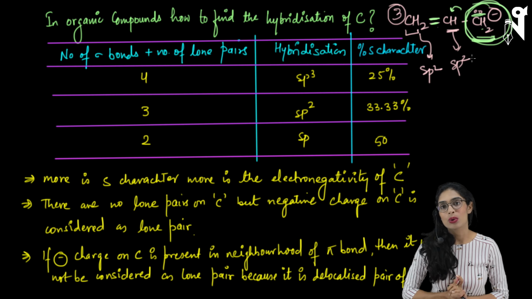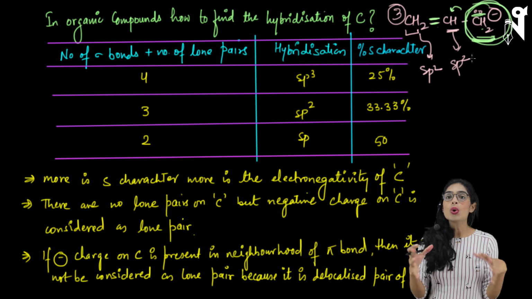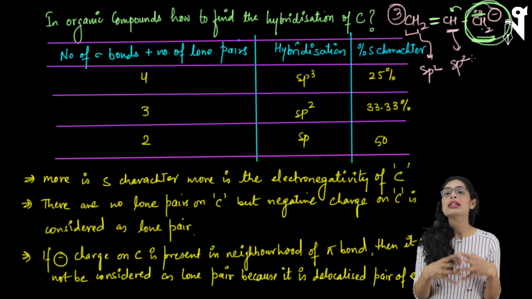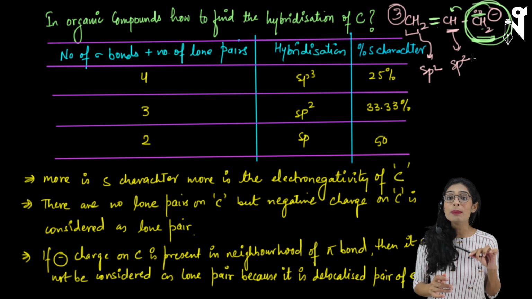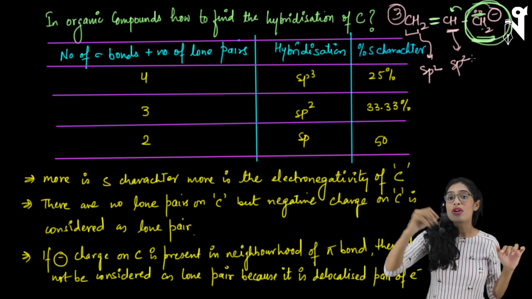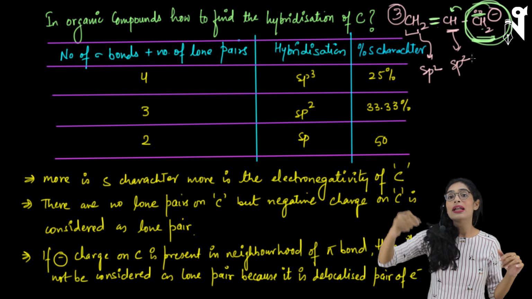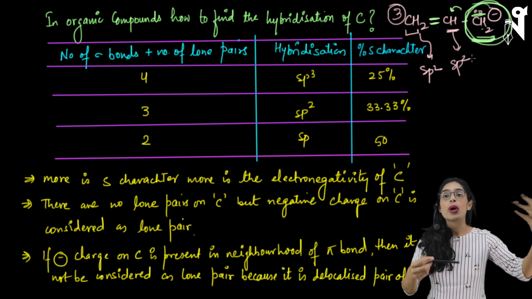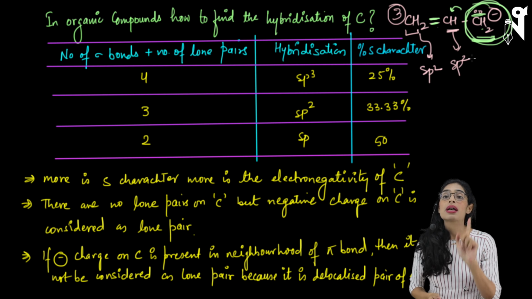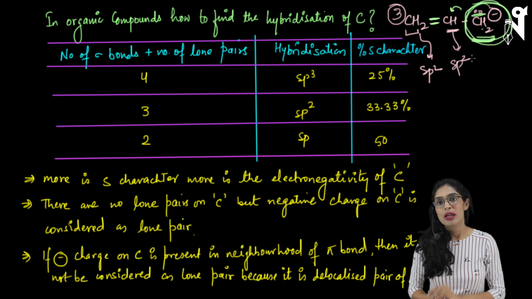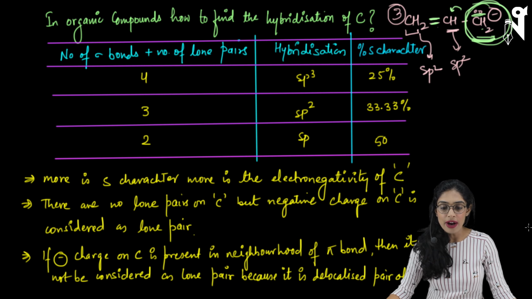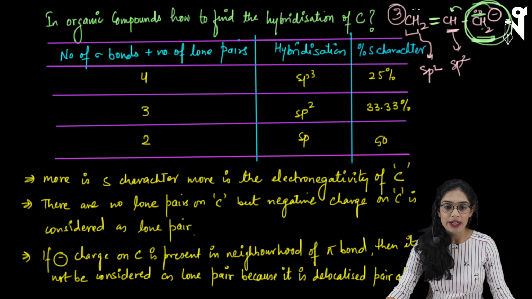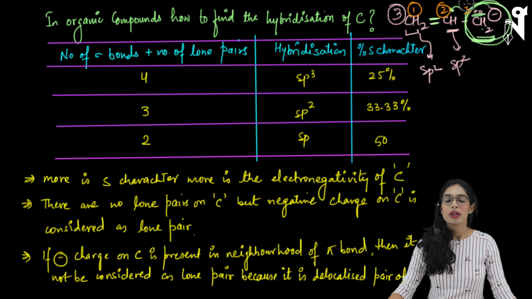What do we mean by delocalized? Local means when things remain with a particular carbon or a particular atom. It's like if it's my pen and it is with me, it is local. But if it travels from one place to another and keeps on going from one person to another, then the thing becomes delocalized. So exactly the same thing is what I'm trying to explain to you over here.